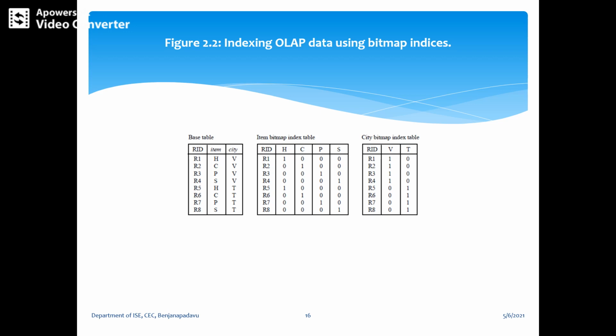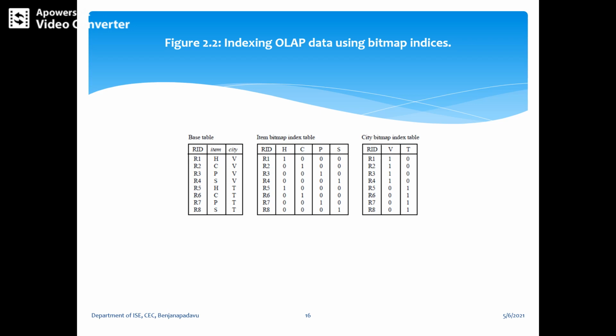Now see the bitmap indexing table. In the bitmap index table, the RID is the same, so the number of rows we need to take is the same. This is the sold-out information. For R1, home entertainment we have set to 1, which indicates that the item has been sold. The rest of the items are not sold, so we set computer 0, phone 0, all 0, because we only take the values that apply.